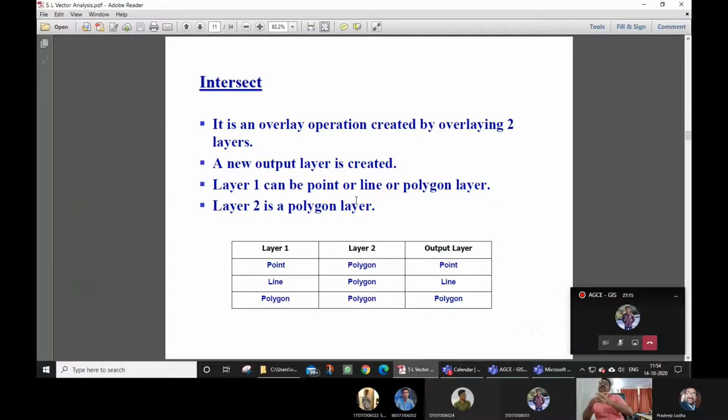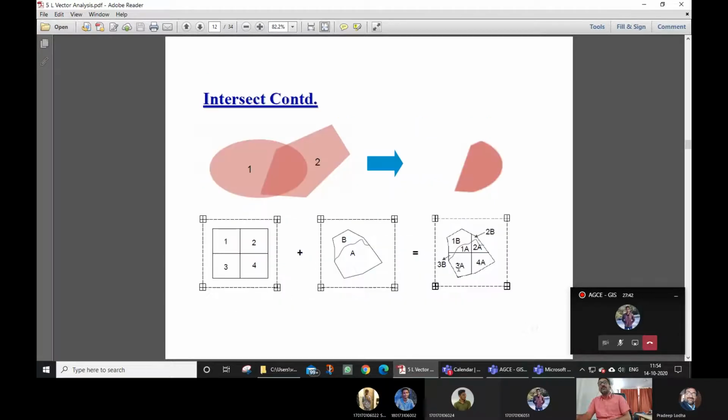While working in GIS with vector data, sometimes you would find that intersect is not working on this. There are some restrictions, like layer 1 could be this only and layer 2 could be this only, then a particular operation is possible. So here the possibilities are mentioned: layer 1 possibilities, layer 2 possibilities, and the output layer depending on the input layers.